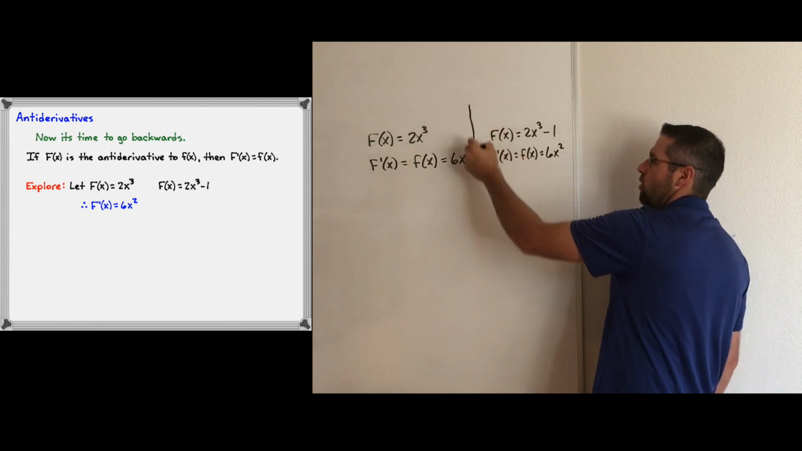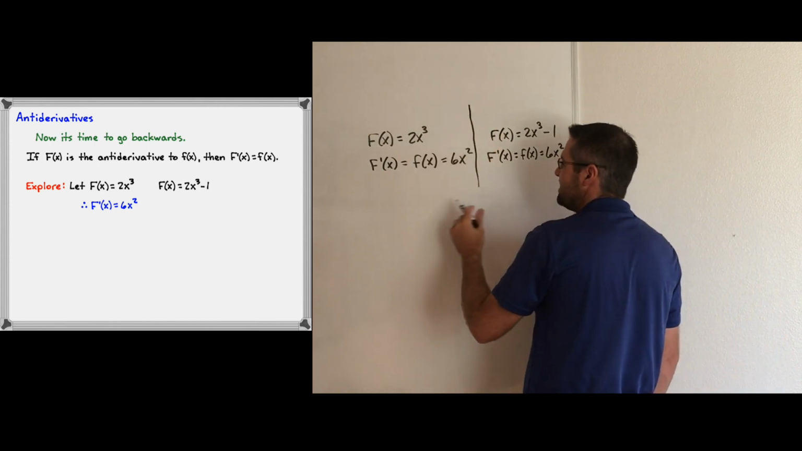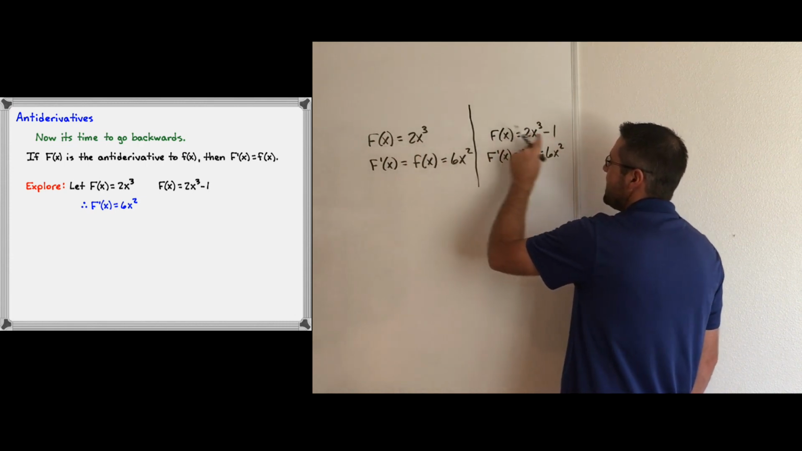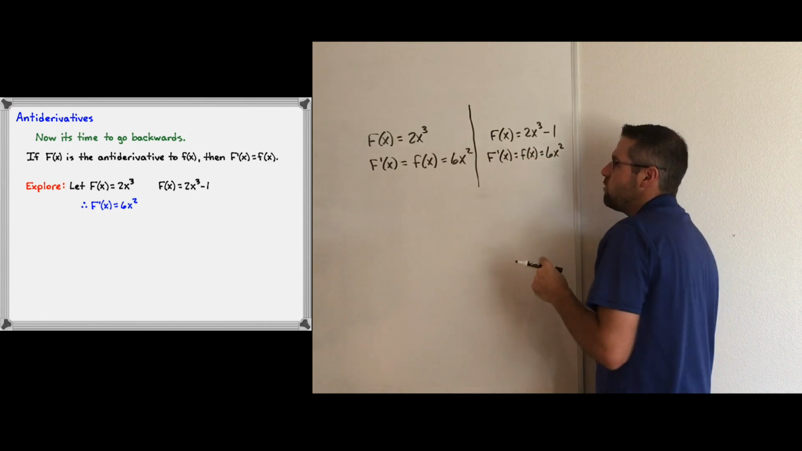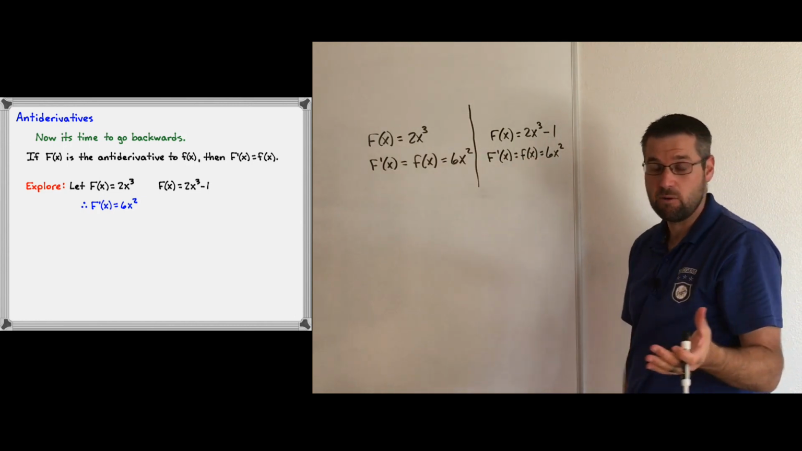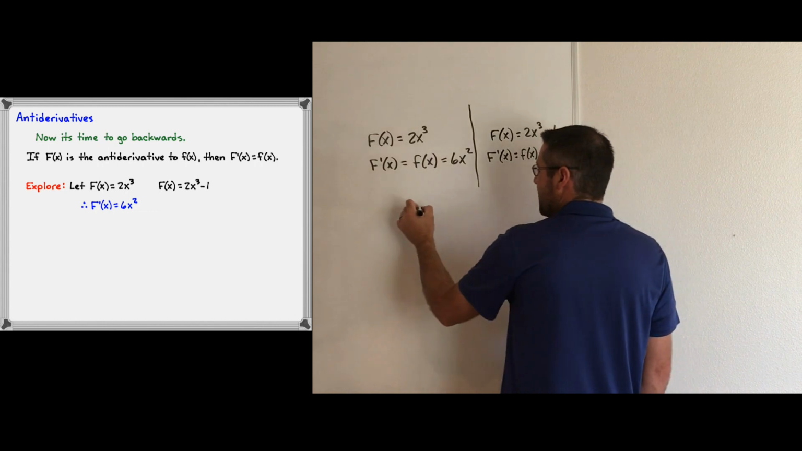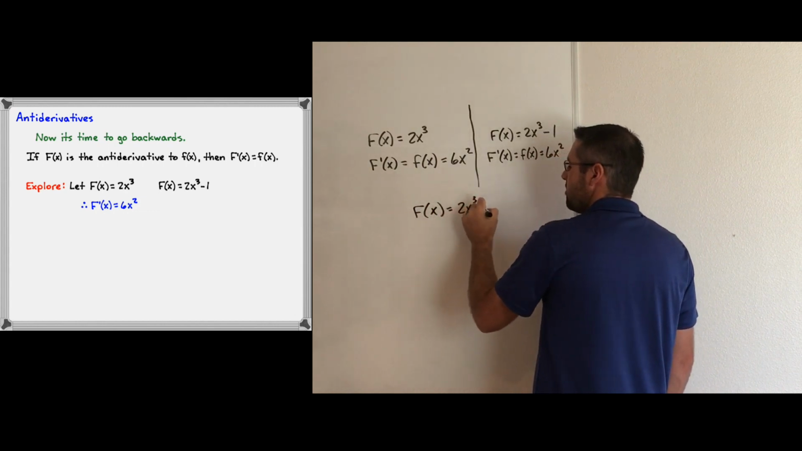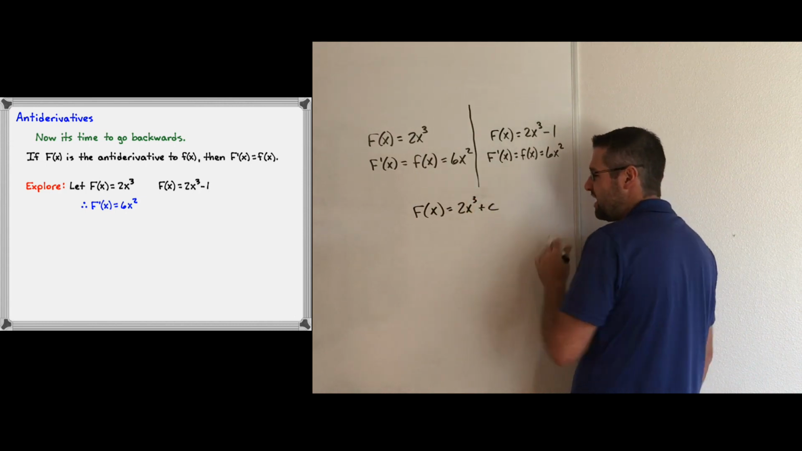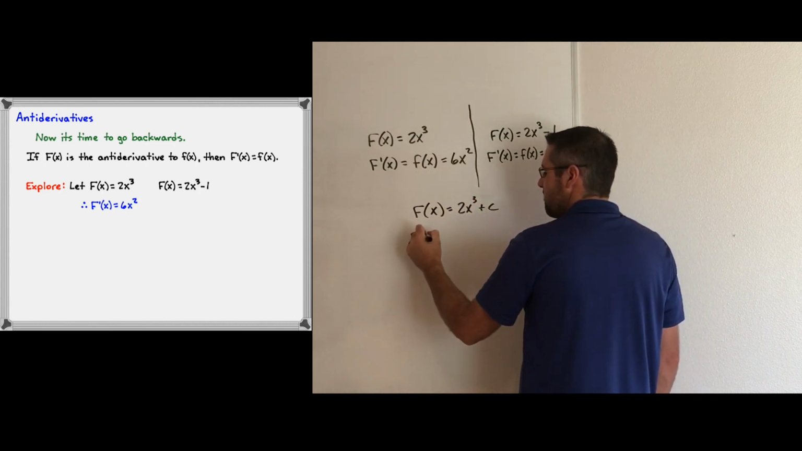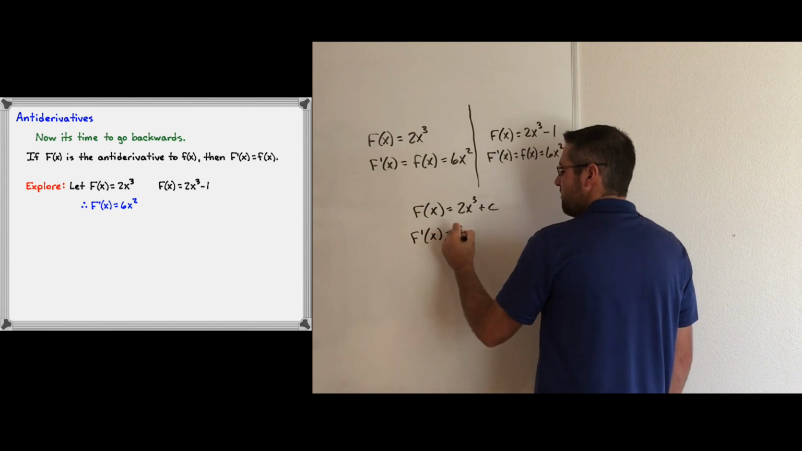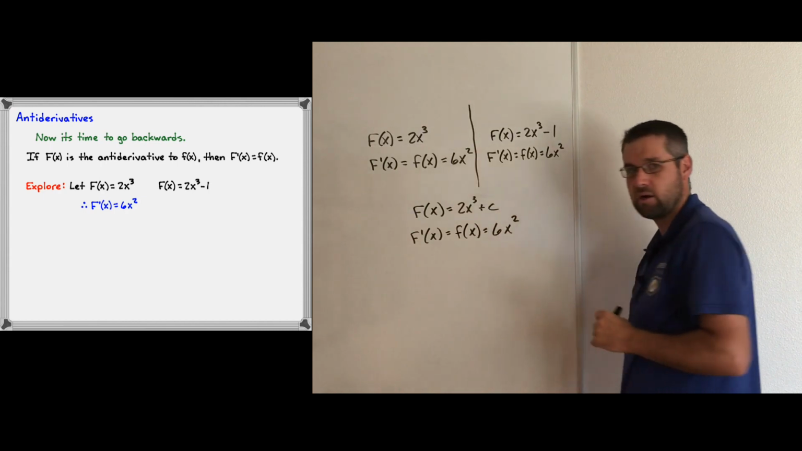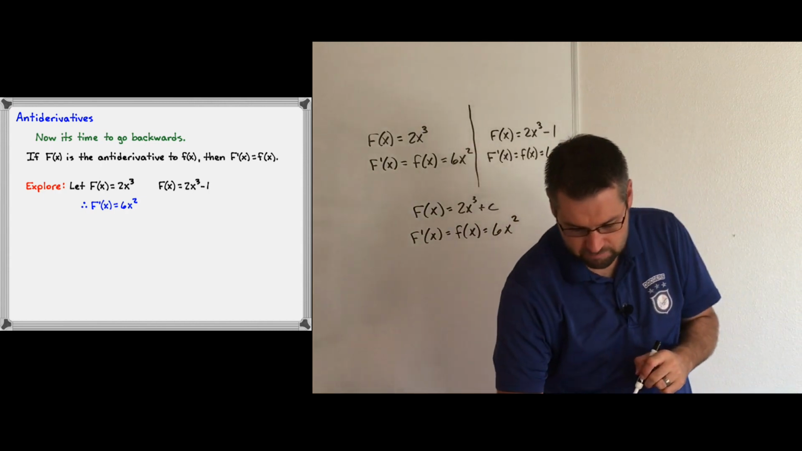Now, hopefully that opens your eyes to this idea here that the difference between these two capital F of x functions is a constant. And if you remember, the derivative of a constant is 0. Now, if I did any constant here, so if capital F of x is equal to 2x cubed plus any constant, right? Any constant, when I go to take the derivative of that guy, the derivative of capital F, again, is f of x, is still equal to 6x squared. The point being